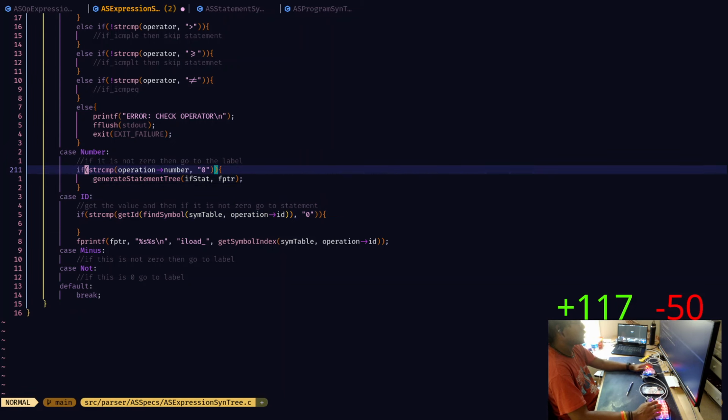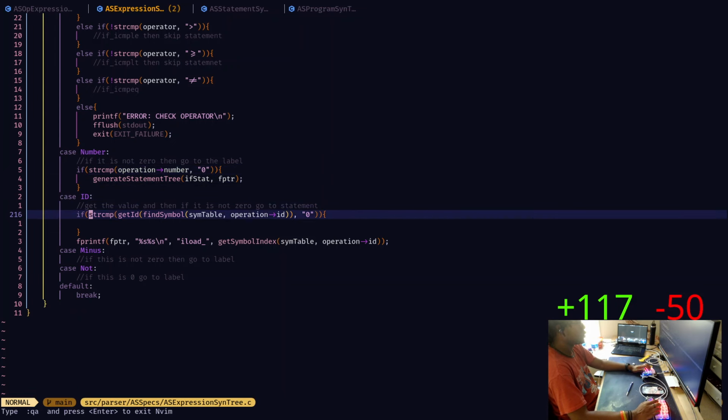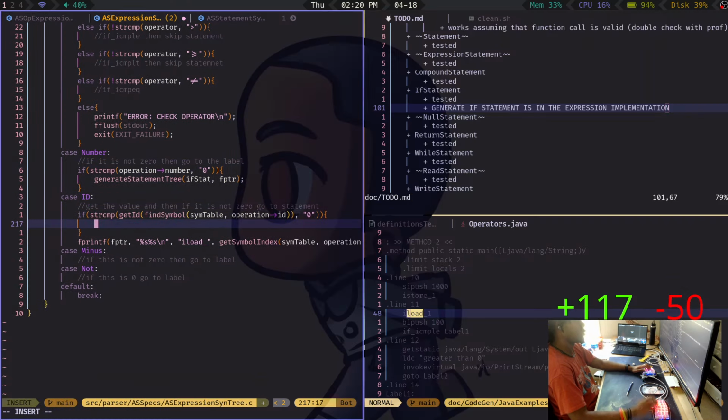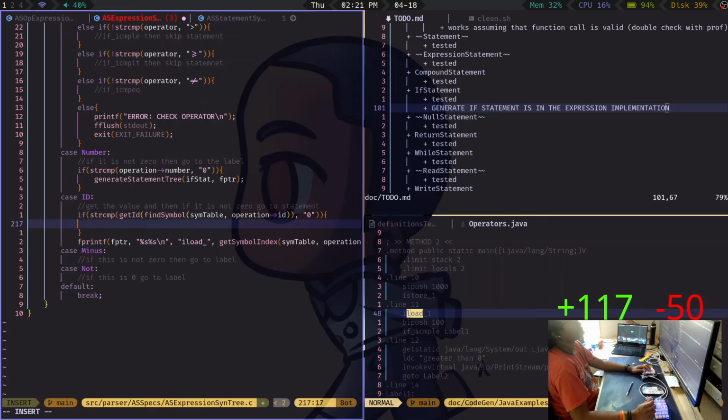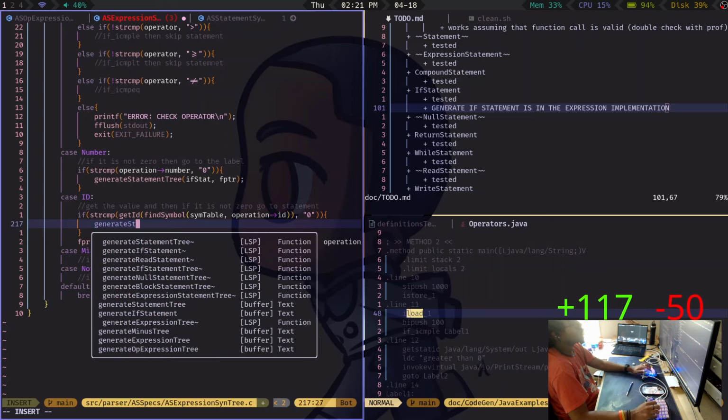No, wait, if it's not 0. Okay, yeah. Because if it's 0, then it'll compare. So if it's not 0, then we generate the statement tree.